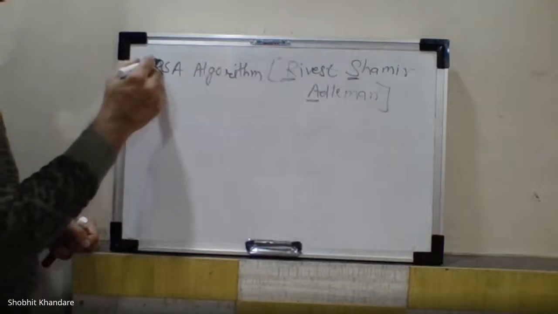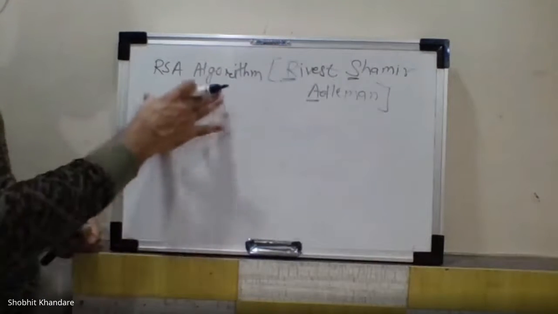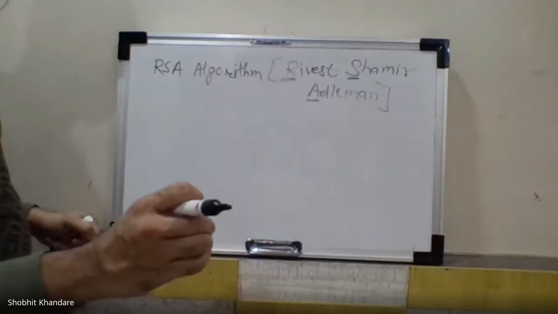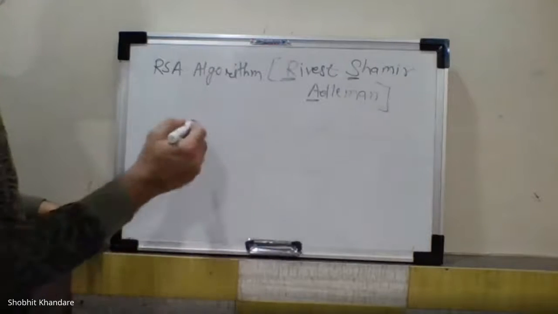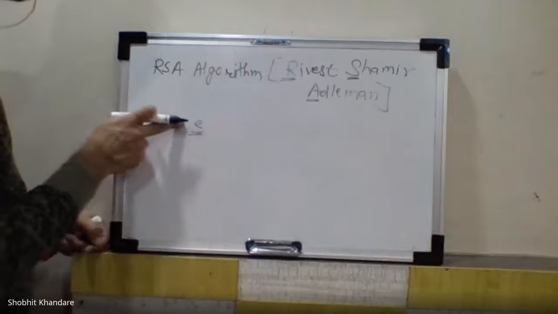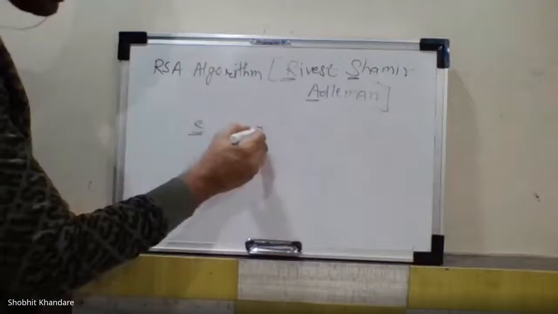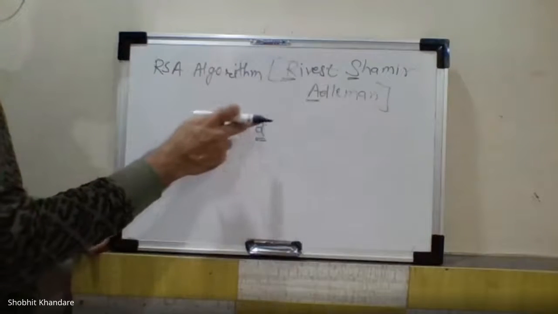Now in this RSA algorithm, there are some steps to be followed. Our ultimate goal is to have the keys. We need to find the keys. Which keys? The key called small e, I already told you the meaning of this small e. This is a public key. Then we have to find small d, which is the private key.